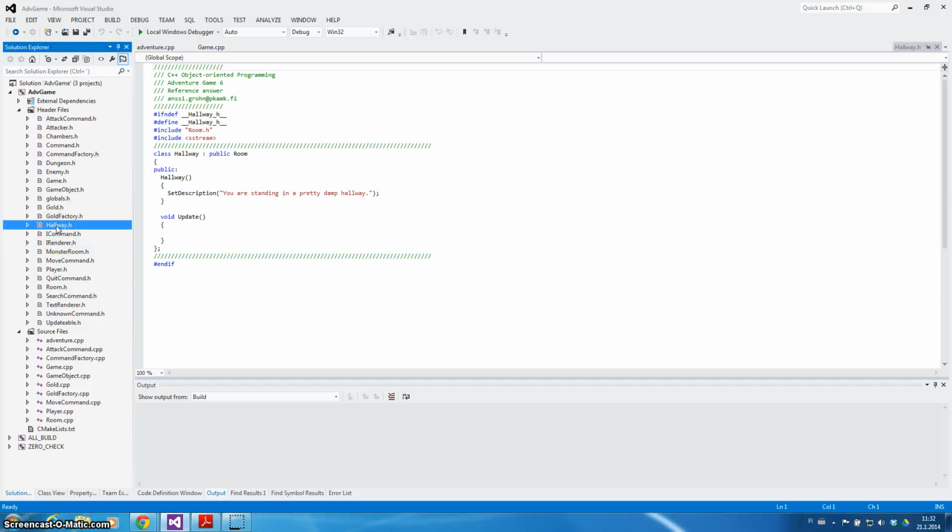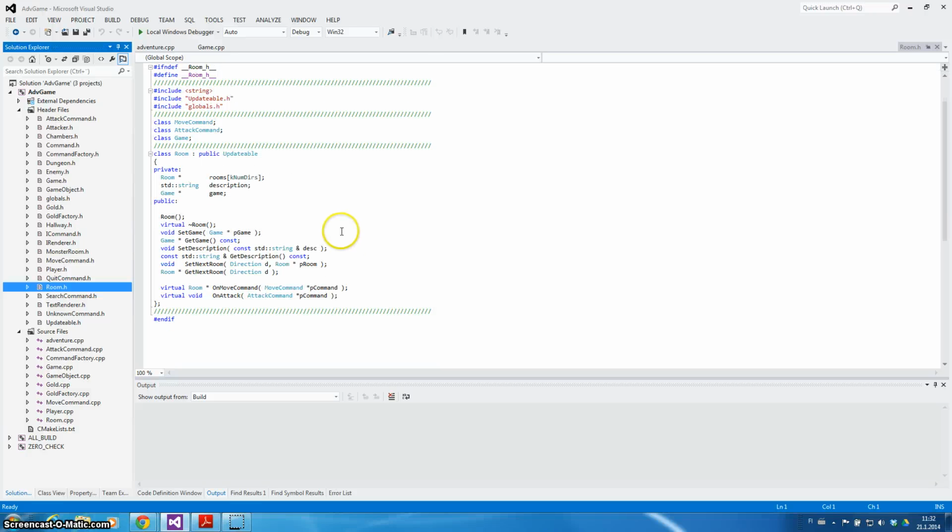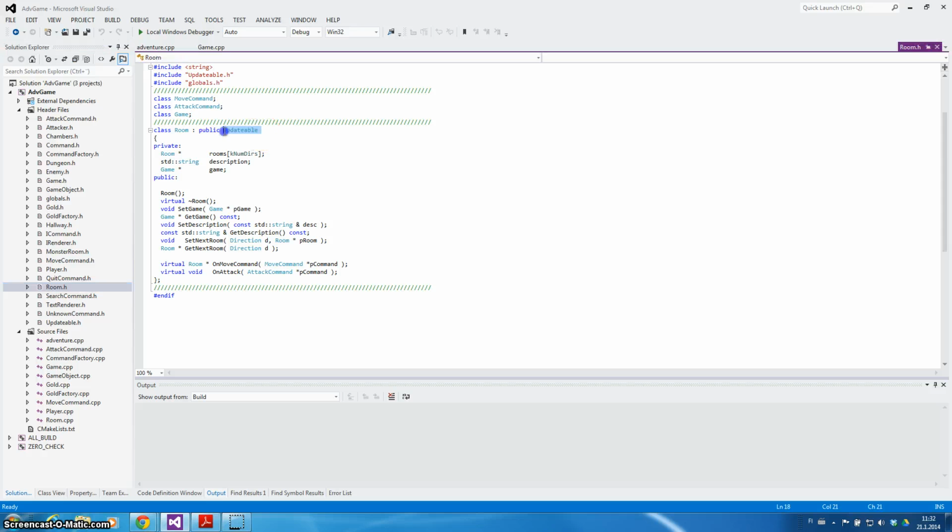And the rooms are separate things where the description is set, and then every room is a class inherited from public room, and what the room contains, there are a lot of things, and it has to be updatable, as the game objects are as well updatable, and room is a different kind of game object. It's a location, and